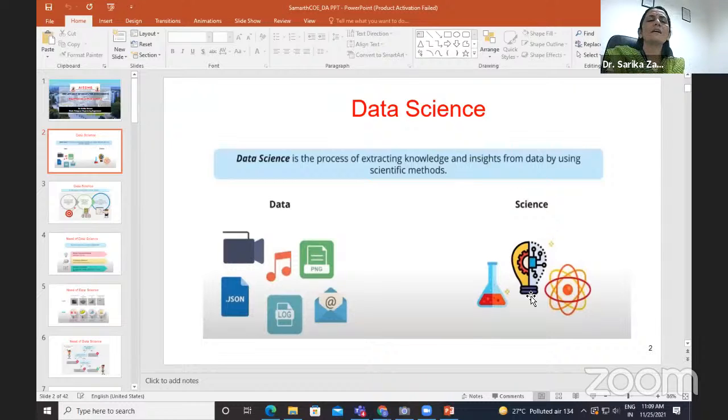Whenever we go to the market to purchase vegetables or something, right? Last week, suppose I went and I had an idea that a bunch of coriander is, suppose, 20 rupees. And today also I am going for the same thing. So what I'll do, I apply my data science. Last week it was 20 rupees. Probably this week it might be 25 rupees maximum. So I carry 25 rupees with me and I go there. Because I'm very sure that last time I got it for 20 rupees. Now definitely it will be around 25, or maybe less.